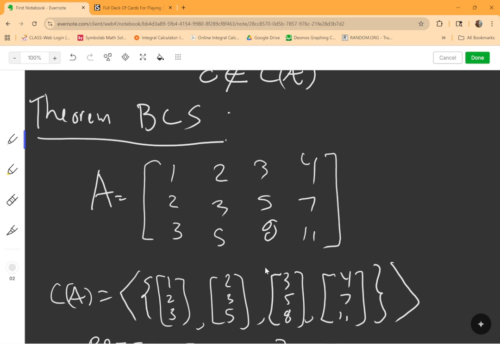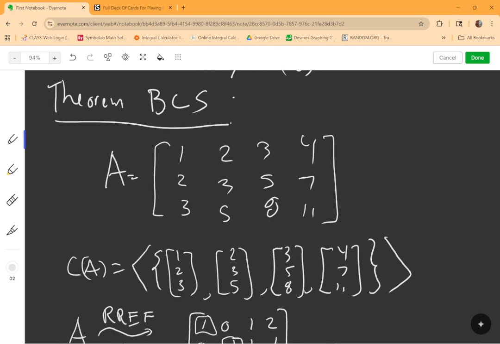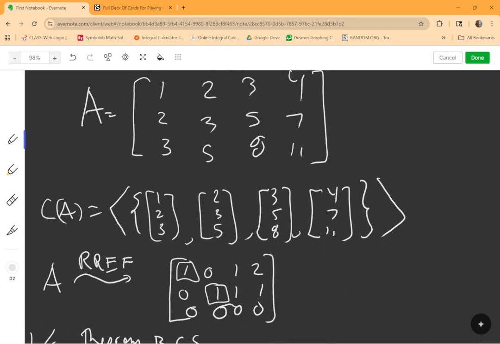Because those vectors come from R3, and there are 4 of them, so at most they can have 3 to be linearly independent, possibly. So what I want to do is make the set the minimum size to span the column space, right? So what the theorem tells me is, all right, take that matrix